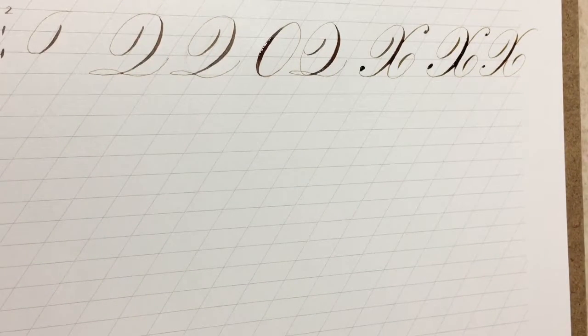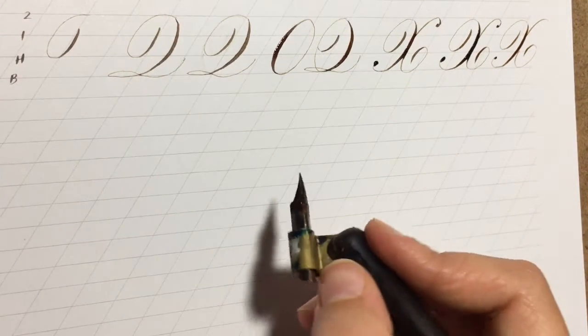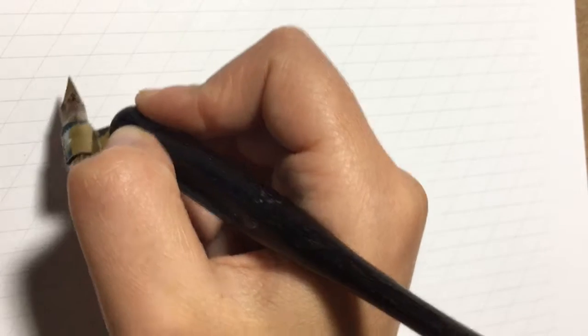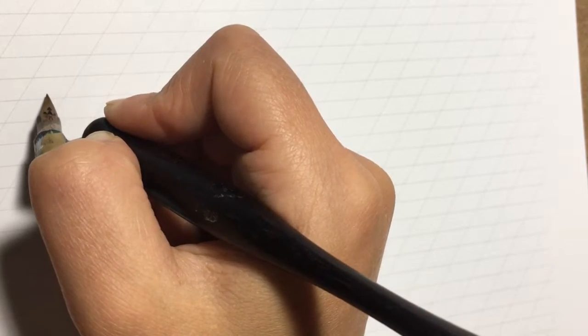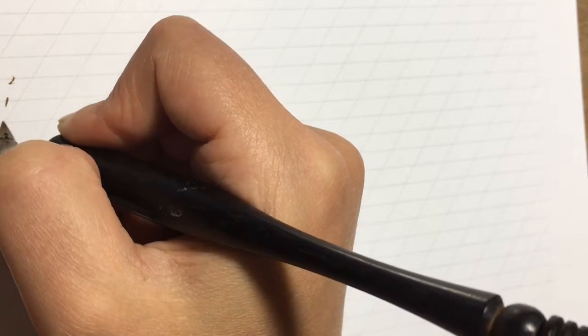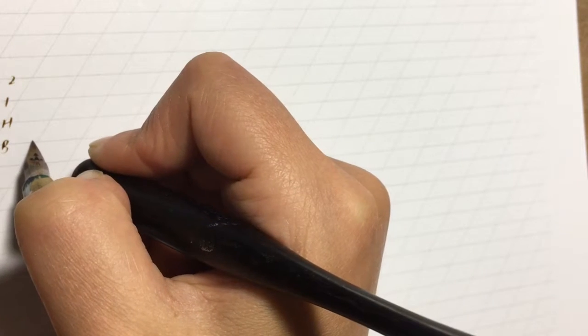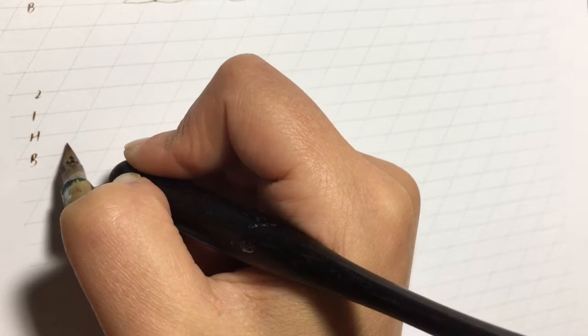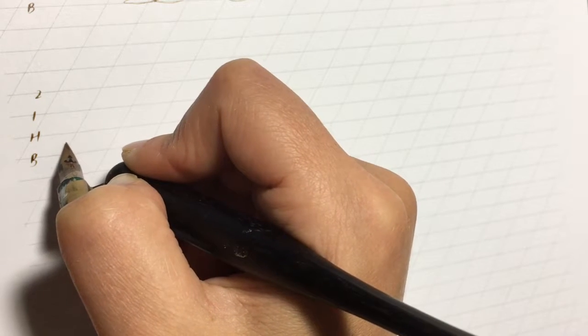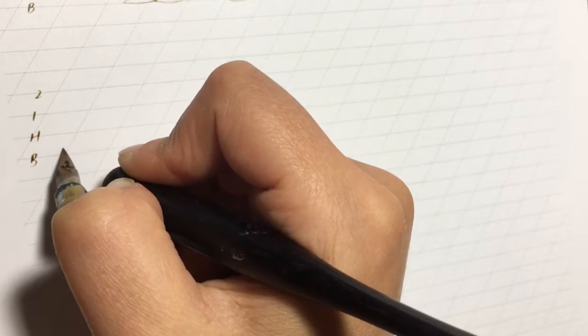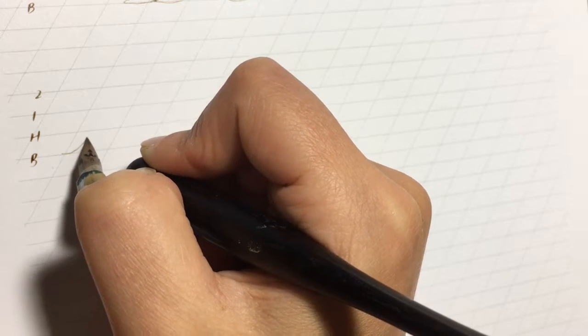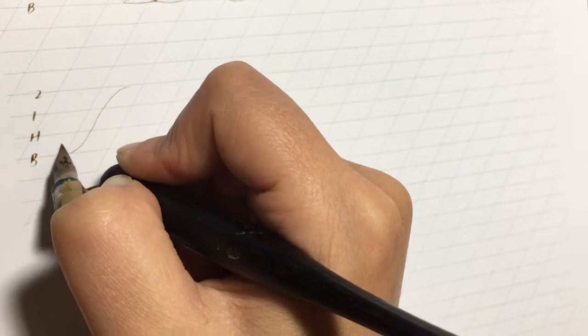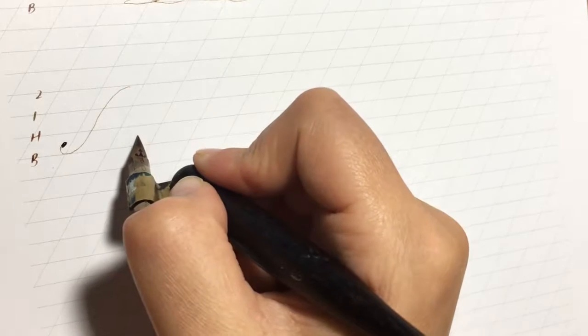Okay, now we have a couple letters left, and the next three are kind of similar to the letter V and W. I'll show you the letter N first. So if this is our baseline, we're going to start with the hairline upstroke, and all of these letters that we're about to make, just as a reminder, have this universal line of beauty shape, and you can start it with a dot. So the letter N